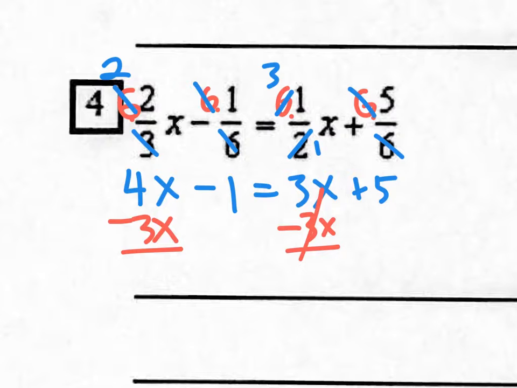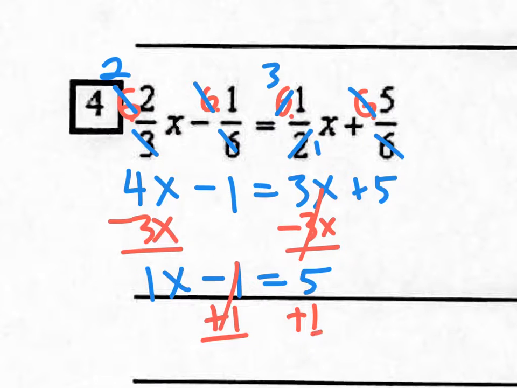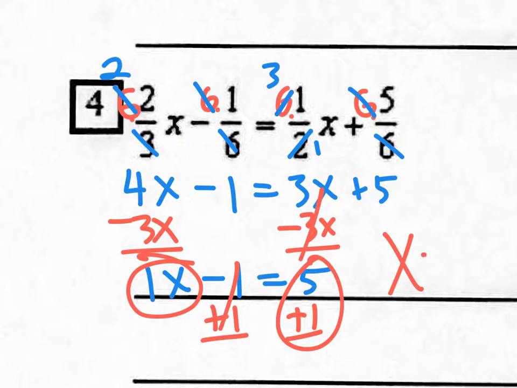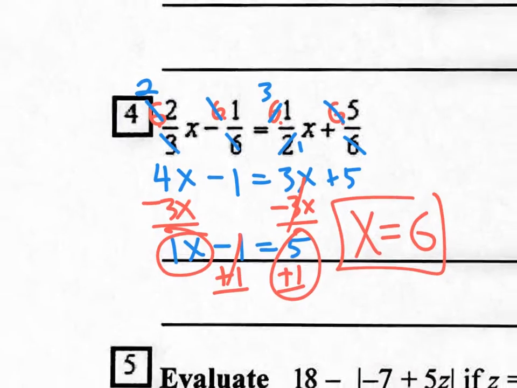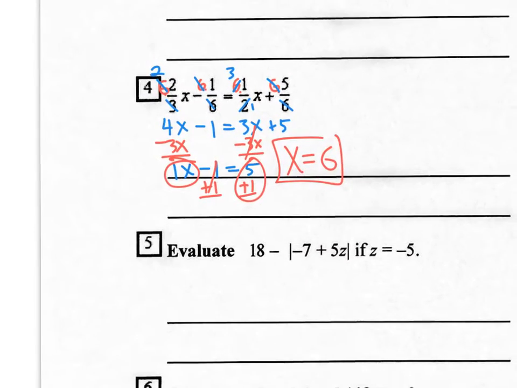So you get x's to one side, you're going to have 1x, bring down the minus 1, bring down the equal sign, bring down the 5, and then solve by adding 1 and adding 1. Cancels, you're going to end up with a 6 on the right side. So what do I have left? I have x, 1x equals, this is a 6, x equals 6. There's my final answer. Let's move on to something more challenging, more fun, like